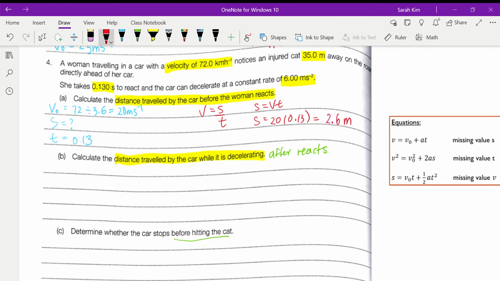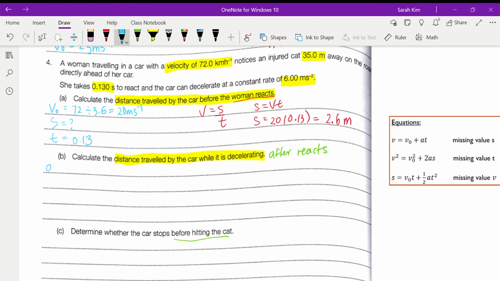So before she even reacts, she actually travels 2.6 meters. Now, B, calculate the distance traveled by the car while it is decelerating, meaning after it reacts,